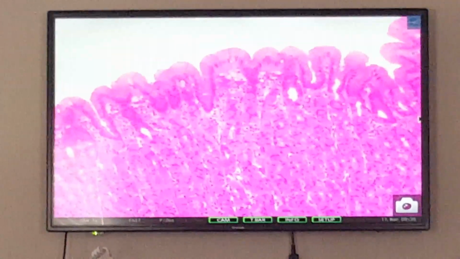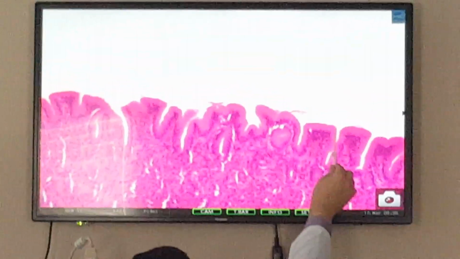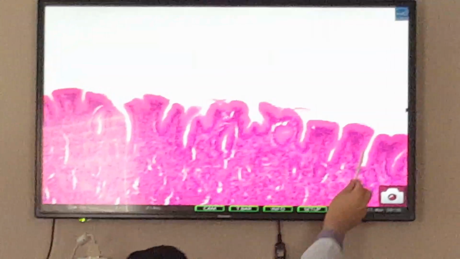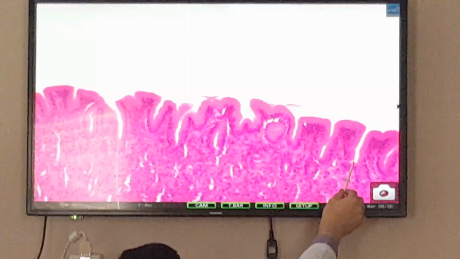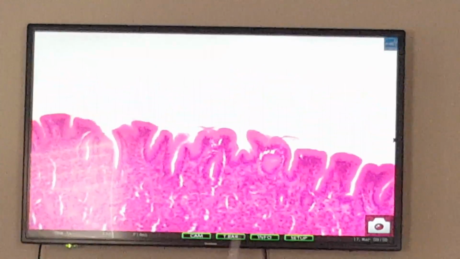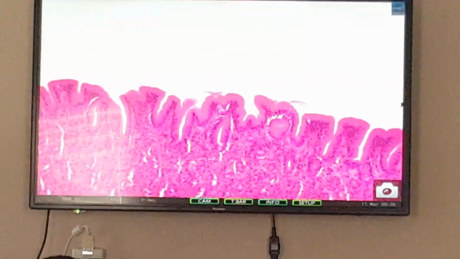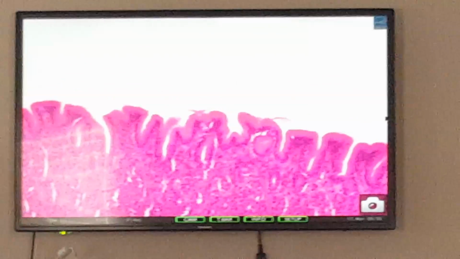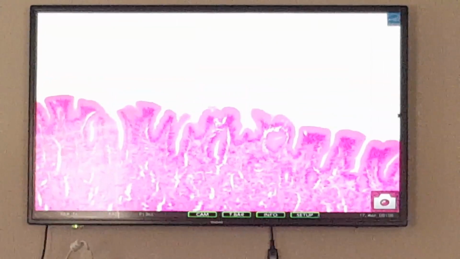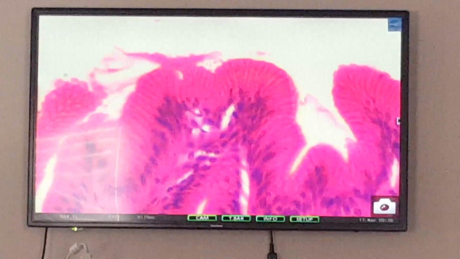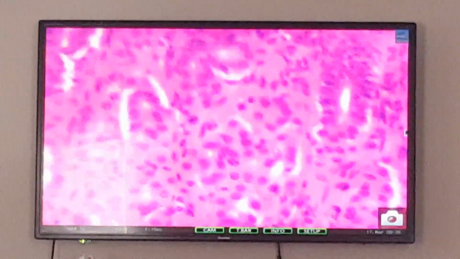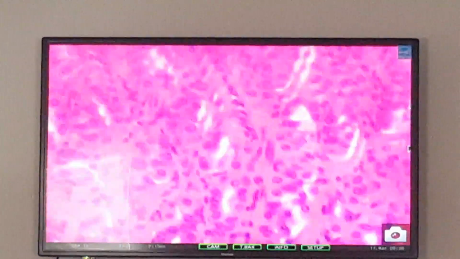Let's get another area of the stomach. Now, the appearance of the stomach, this is the surface. These are surface mucus cells. This is a gastric pit. Here's another gastric pit. Okay, and empty into the gastric pit are gastric glands. This is all gastric glands coming down below. Going up to higher magnification. Okay, if I come down these glands here,